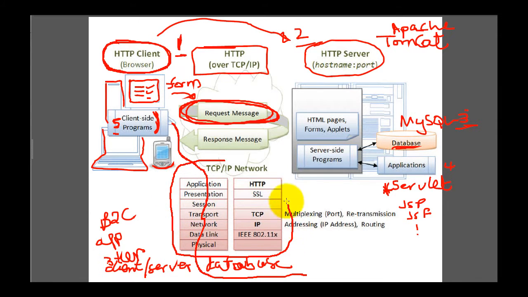This is the 7-layer model. This is a TCP/IP framework or protocol, I would say. And then it takes this request message, bundles it together as one message, and passes it onto the operating system, from the application to presentation, session, transport, network, data link, and physical. Now, as far as we are concerned, we are more concerned with what comes out from this, and what comes out are binary digits,